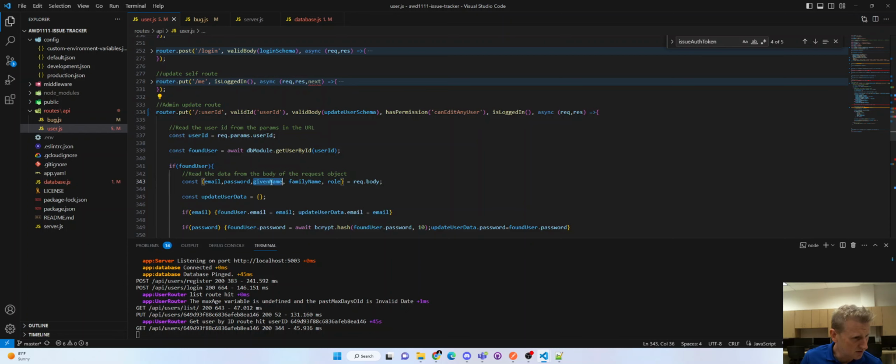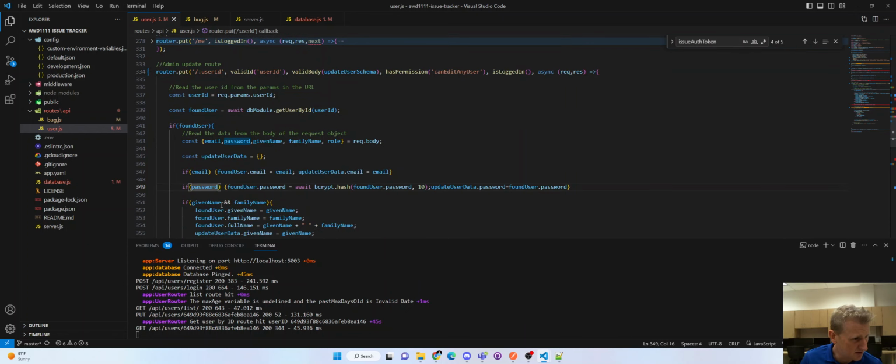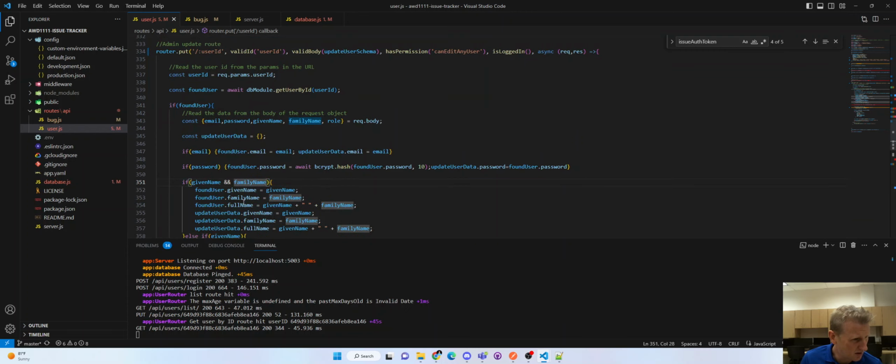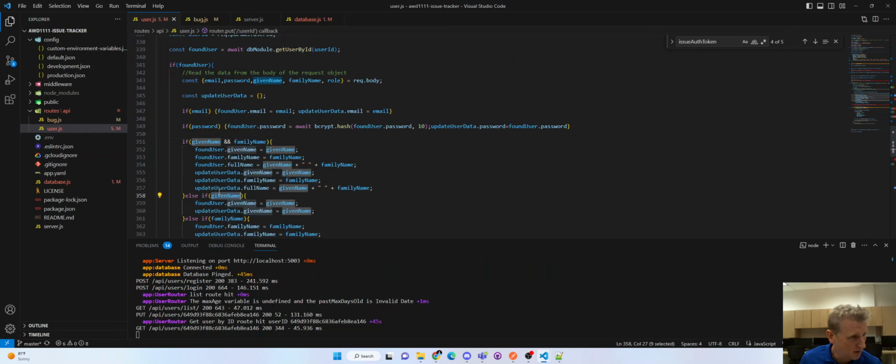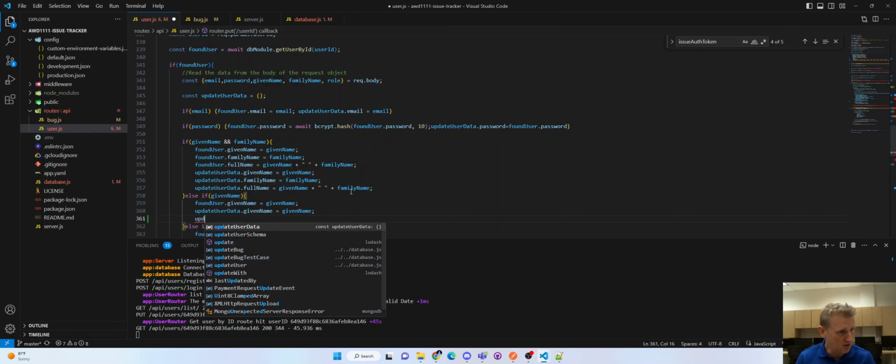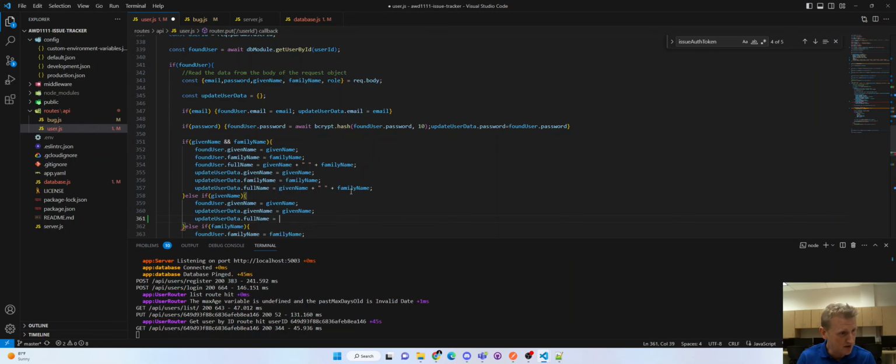So here's the situation where I didn't update the full name. I need to say, if you only have the given name, update the update user data dot full name equal to given name plus a space plus